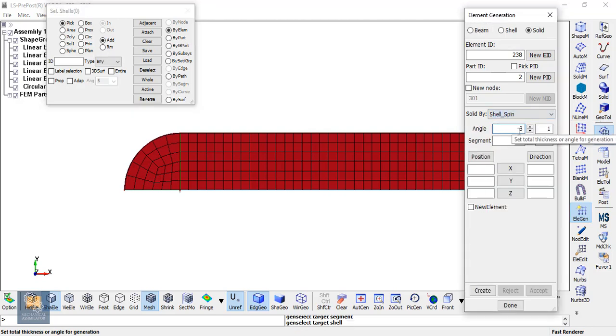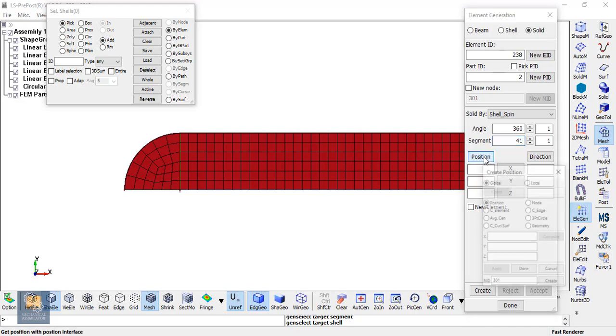The angle we would like to rotate is 360 degrees and as the length of the bullet is 35 mm, and the elements around the quarter circle is 6 elements. A total of 41 segments can be created.